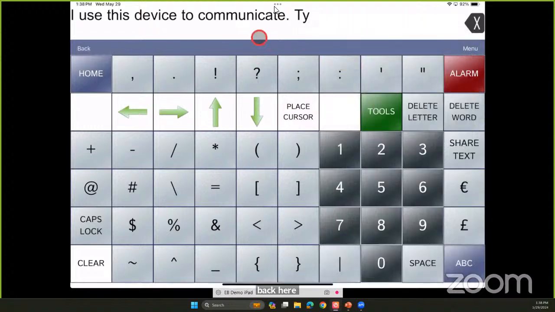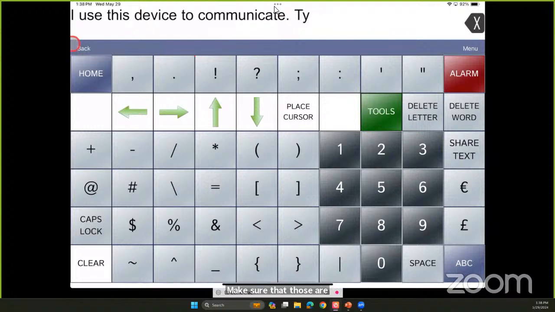I use this device to communicate. So that's Heather, so she's a little more natural sounding. So in this app, you just have to go into the store as I did and make sure that those are marked as available.